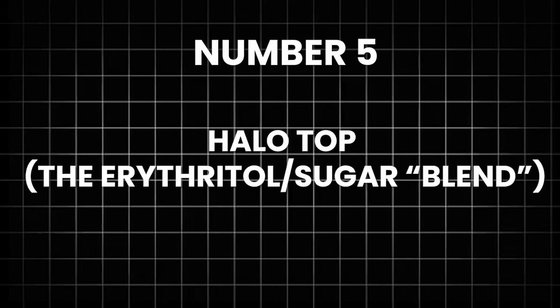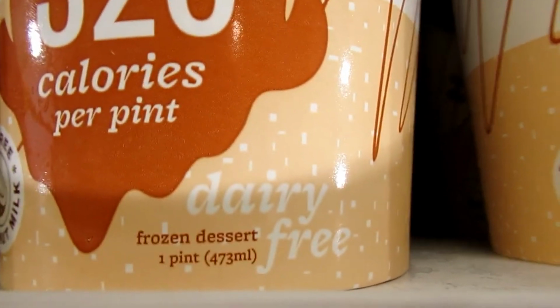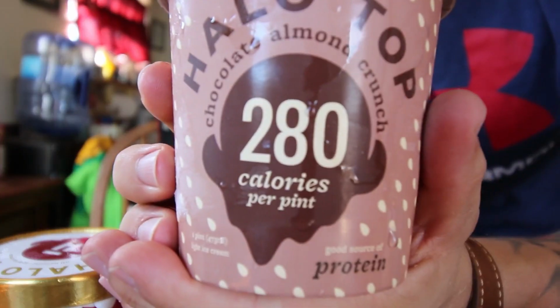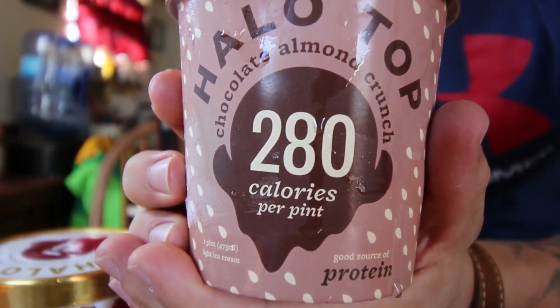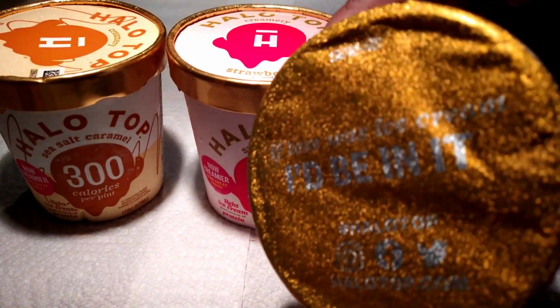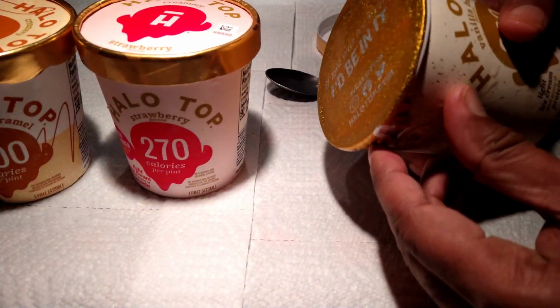nutritional density. 5. Halo Top, the erythritol/sugar blend. The brand: the king of light ice cream that marketed heavily to the keto community. The hidden carb: skim milk and cane sugar. The label cheat: while they have a specific keto series, their standard light pints often use the keto halo to distract from the fact that they contain real cane sugar and milk sugars,